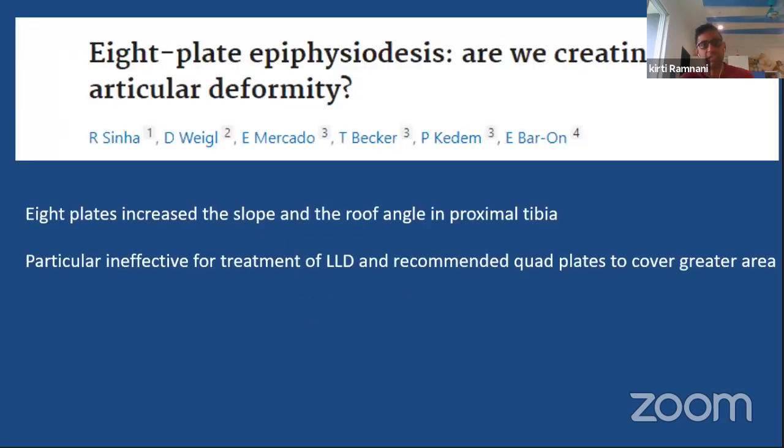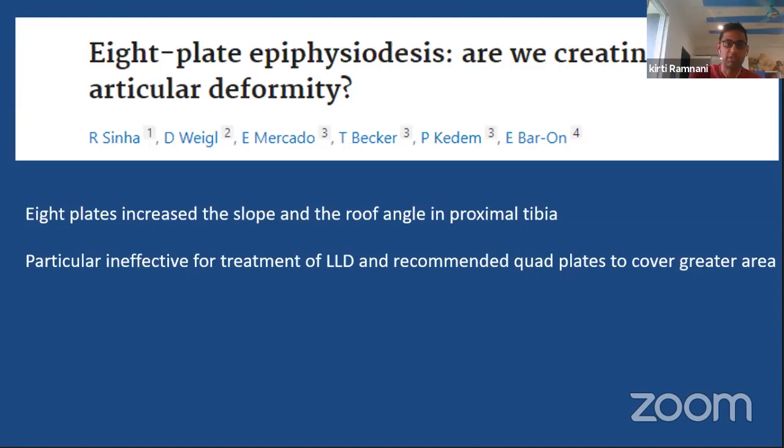Sinha went ahead and said that tension band plating, when used for limb length discrepancy, causes an intra-articular deformity. He measured the medial and lateral slope of the proximal tibial physis, and found the roof angle by subtracting the sum of the medial and lateral proximal tibial physeal angles from 180 degrees. He found that the slope had increased and the roof angle had decreased in a significant number